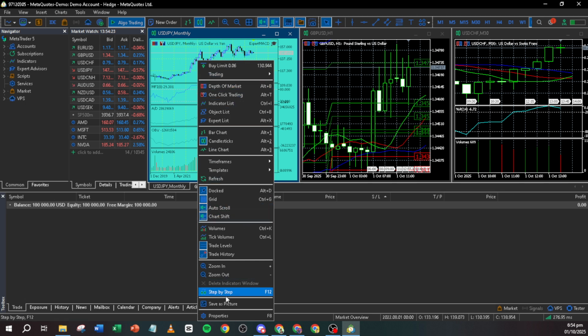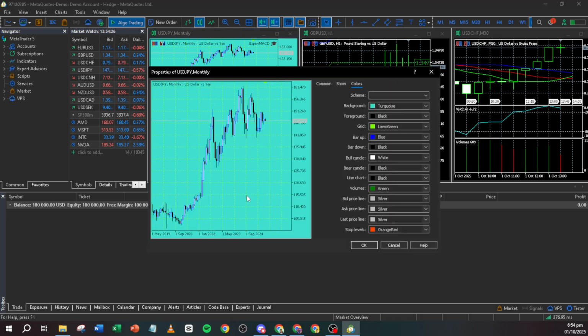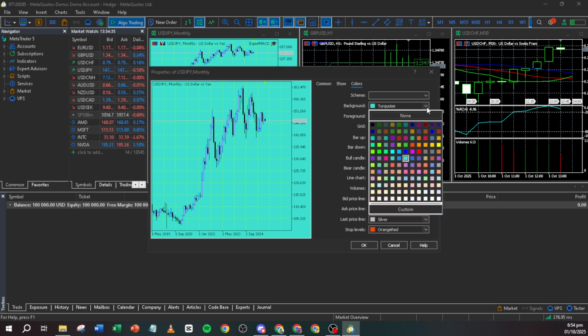Select this option. With the Properties window open, you'll now have access to various customization features. Your focus should be on the Colors tab, which is where you'll make all the magic happen. Simply click on this tab. You'll be presented with a variety of elements you can customize as per your needs. Directly under the Color Scheme section, you'll see a list of elements available for tweaking. This is your playground, where you can change the visual appearance of the chart.